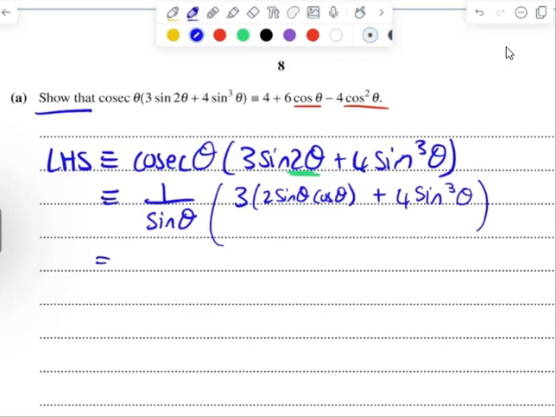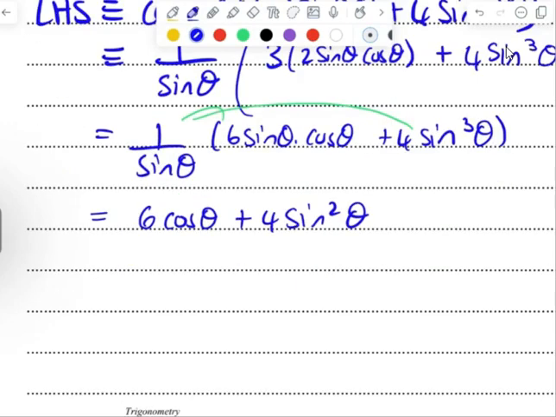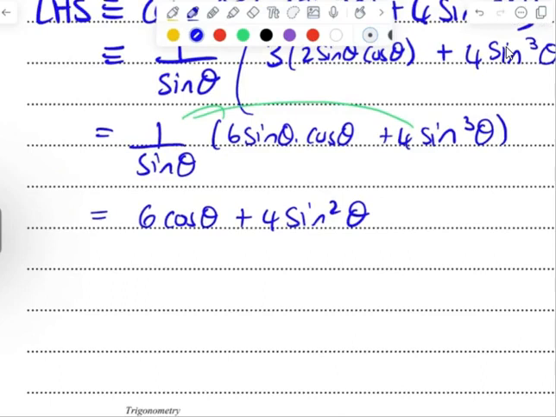Okay, so if I was to simplify, I would still have 1 over sine theta, and then here I've got 6 sine theta cos theta, or 4 sine cubed theta. Okay, I can already see I'm going to have sine cancelling out. So when this gets multiplied into each term, my sines are basically going to cancel. And I'm going to be left with 6 cos theta plus 4 sine squared theta. Okay, so my sines did cancel out, and now immediately I do have